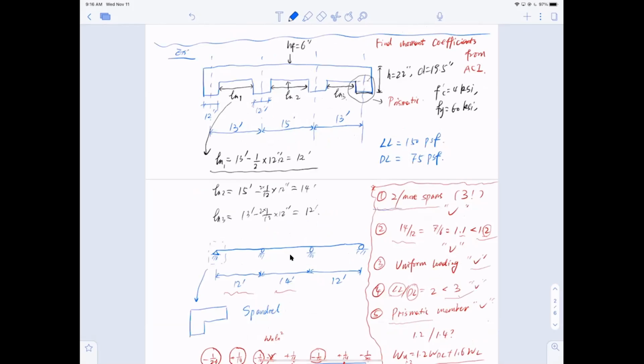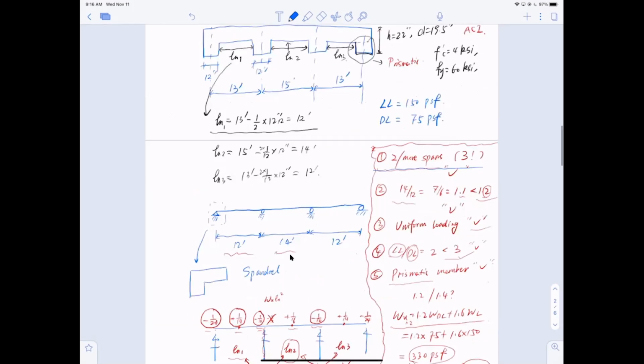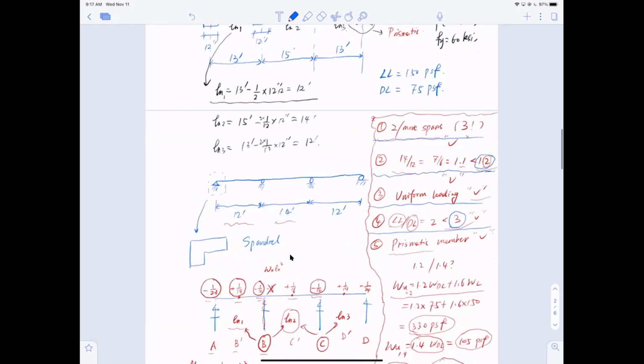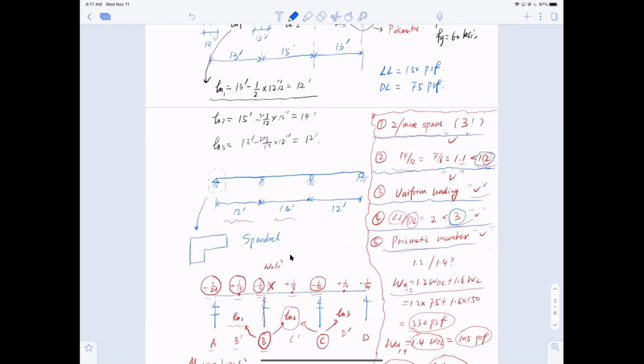First of all, it has to be more than 2 spans. Second, the adjacent span length difference has to be within 20%. It has to be uniform loading, which means no concentrated loading. Additionally, the live load over dead load ratio has to be less than 3. And it has to be prismatic members, which means square, cannot be round,